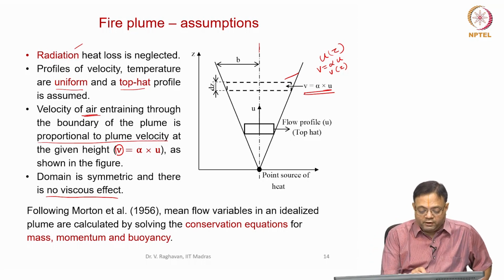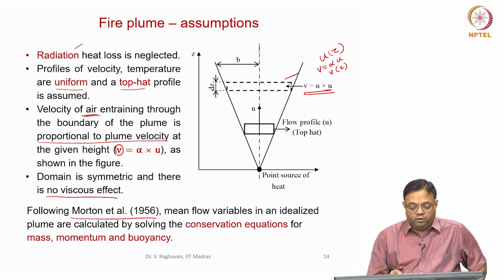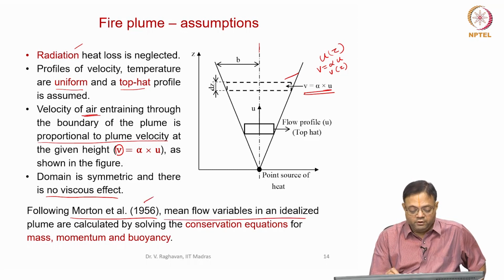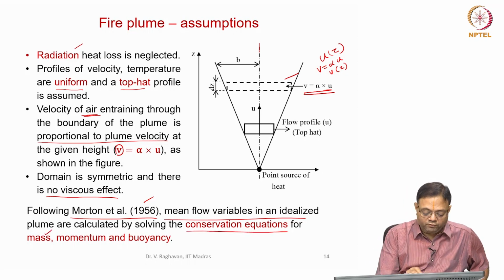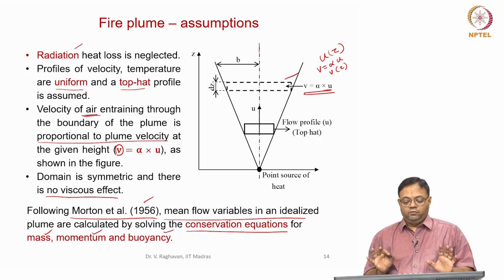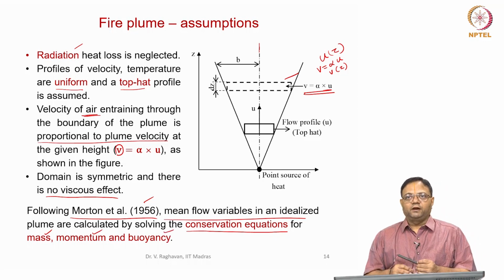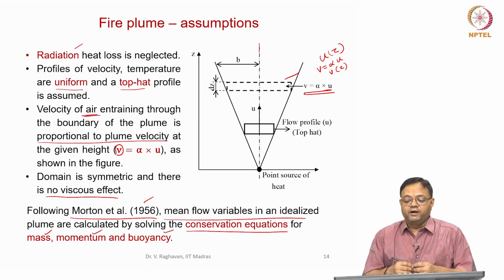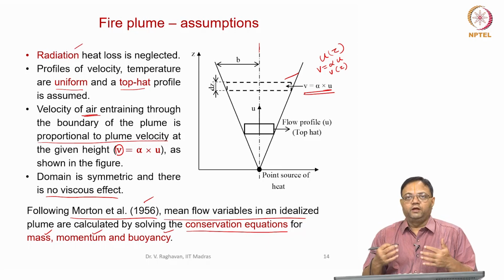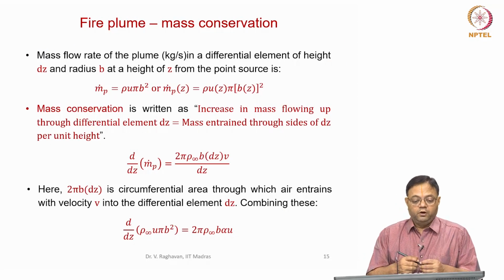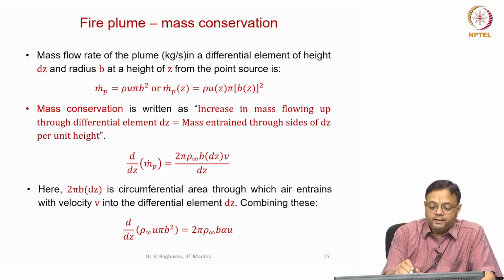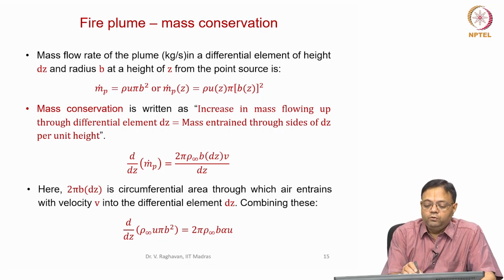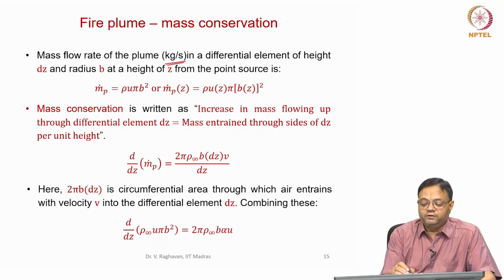Martin et al. reported a work. Based upon the work, the mean flow variables are calculated by solving conservation equations for mass, momentum and buoyancy. We will have the conservation equations for these and try to get the variations of u, T, etc. along the height. Now, the conservation equations: mass flow rate of the plume, kg per second,